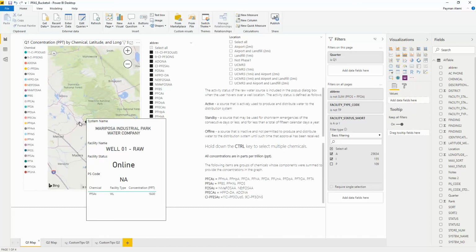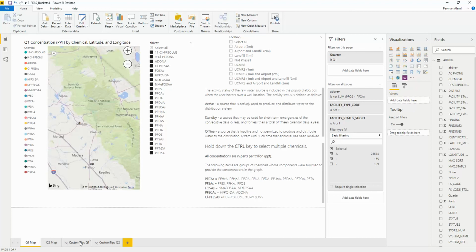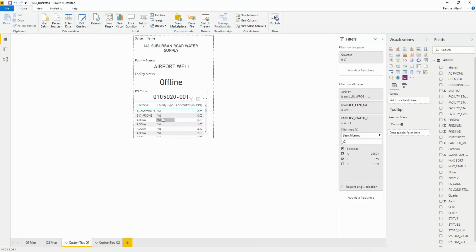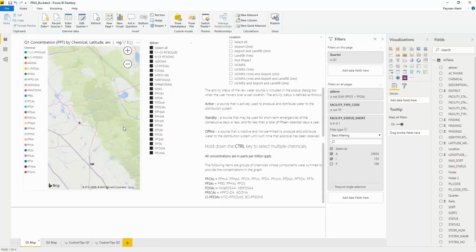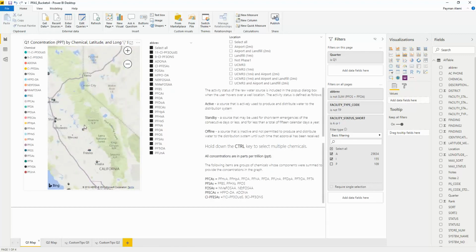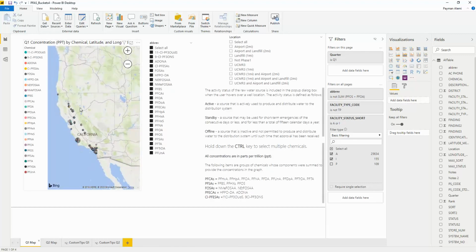So if we could get the full list that we see here on the tooltip to appear, that would be great. I just have no idea how to do that. And to back up, I am using a map visual